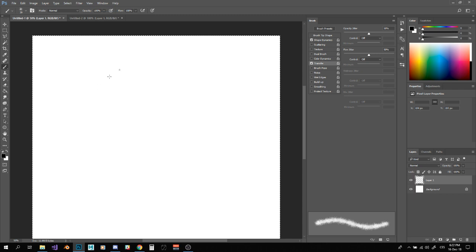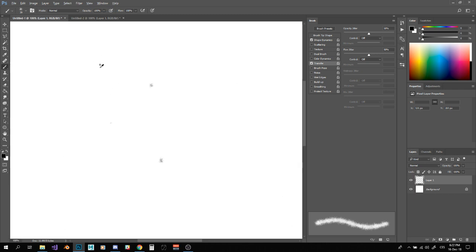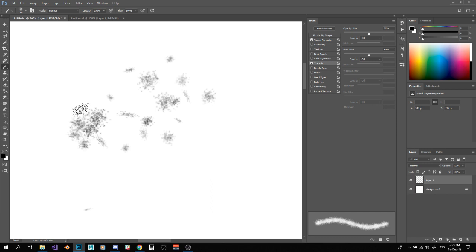What transfer does for you is that it makes, so I will zoom in so you can see it, random opacity and flow, obviously, so we can see that sometimes it covers a little bit more and sometimes it covers a little bit less. That's something we need. We want it as random as possible, pretty much. And